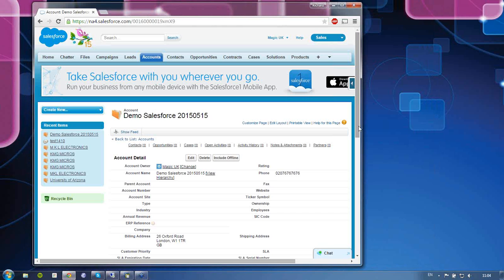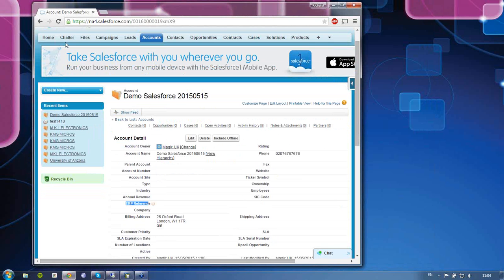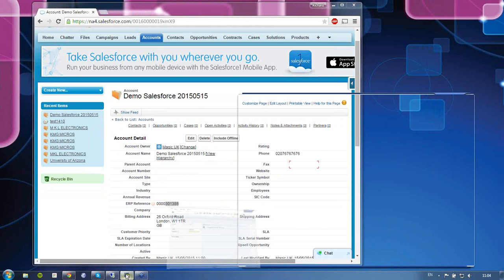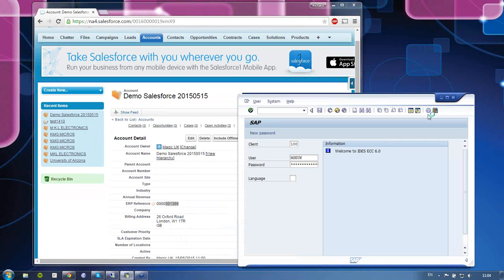Just took a few seconds to run the integration flow. So if I go back now to the account in Salesforce, I have an ERP reference field here. If I reload this, then I expect there to be an account number, which is the record identifier for the business partner in SAP. So if I now take this number, I'm just going to show you that this has also been created in our SAP environment. And while we're waiting for this to log in,